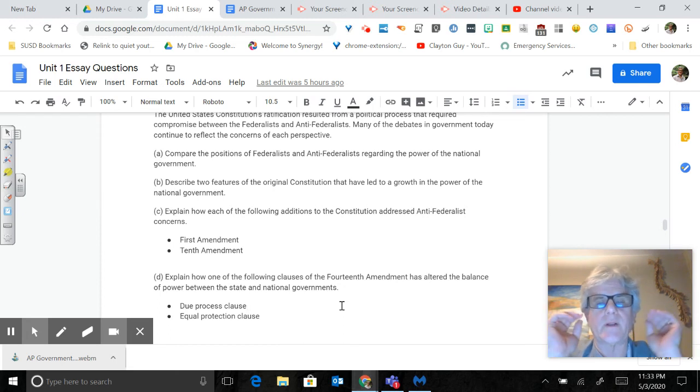Okay, so the position of the Federalists was they wanted to approve the Constitution without any changes to it. They didn't even need a Bill of Rights. The Constitution had the right to a jury trial. There was no religious test. There were no ex post facto laws. There was no bill of attainder. There was a writ of habeas corpus. You couldn't suspend that.